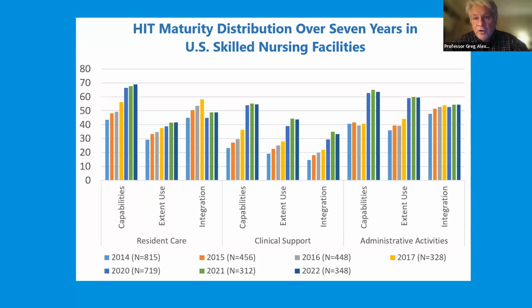But it is a way to benchmark, and it's also a way for our government to understand where the gaps are. And so these kinds of things are really important. They don't get collected often. They were reported in meaningful use for acute care and ambulatory care for many years, and they still are, but not for long-term care. So I saw that gap and I capitalized on it, and I believe it's going to be something really important for us to keep tabs on, not only in the US, but in other countries as well. So I have a staging model, and the staging model is